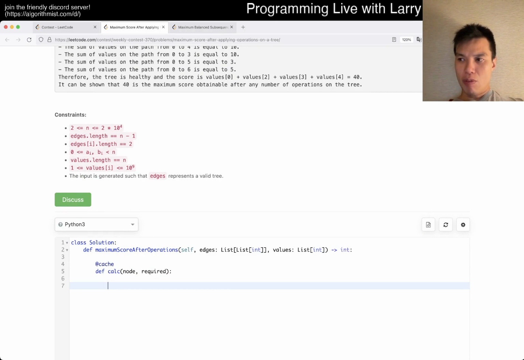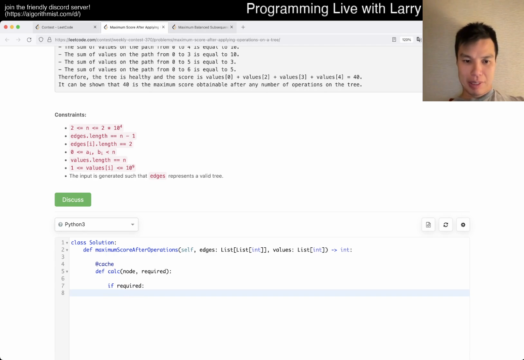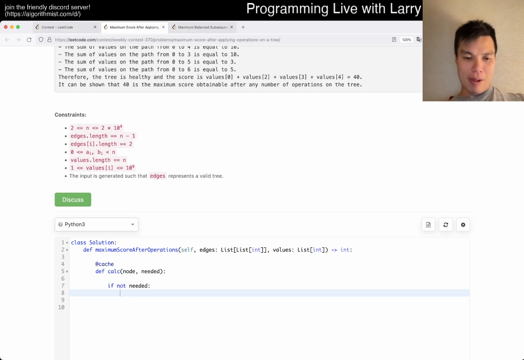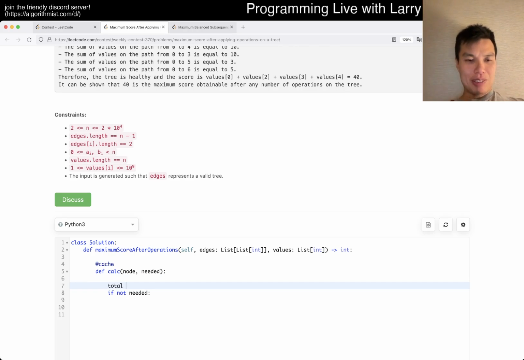So if we already taken it, right? So if required, or maybe needed is a better word, I don't know. That means that we still need to figure that out. So if not needed, then we just kind of, am I going to do that? I mean,